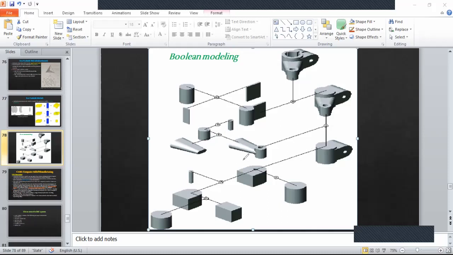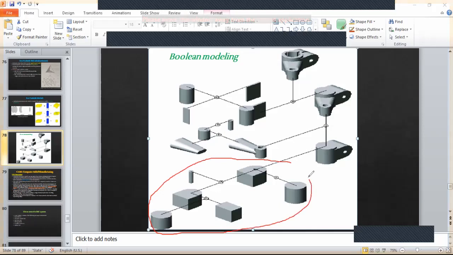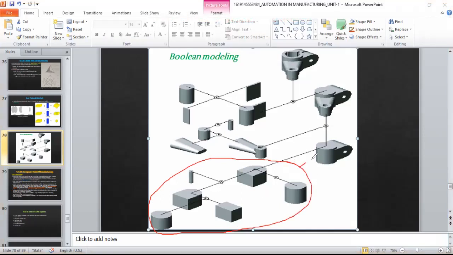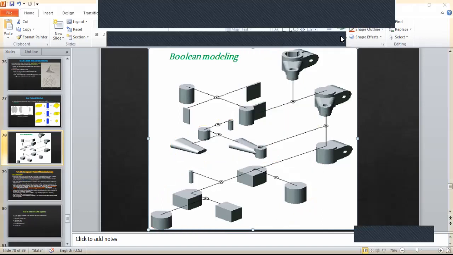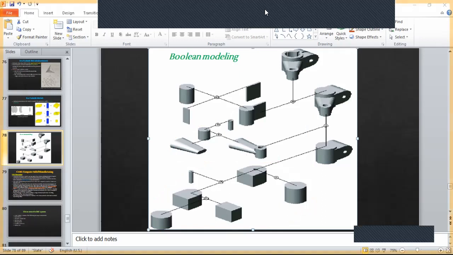This tree gave this component, and similarly, this tree gave that component. Shall I take it of another color, or is it clear? I should separate it better.